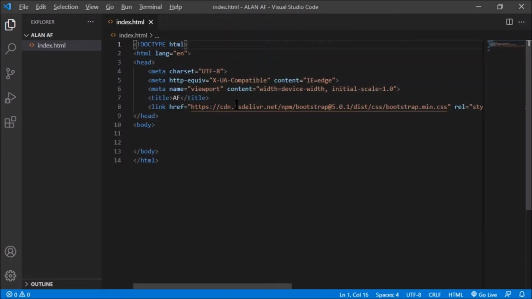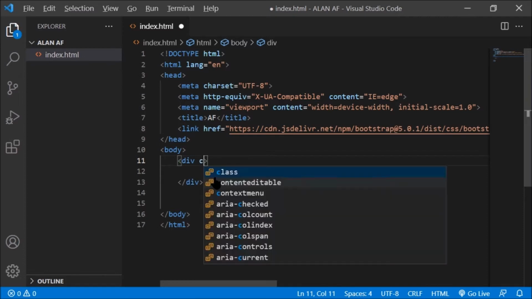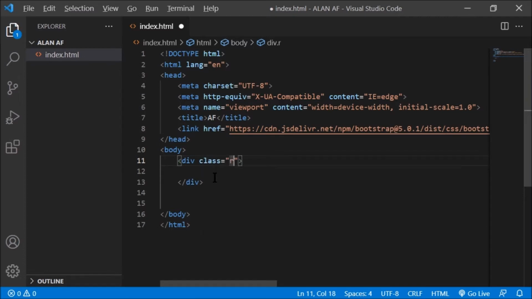Now I am going to my HTML. I can zoom in more, so this will look good. What are we going to do first? We are going to create a div, and I want this div to be a row. How do I change it into a row? We have to create a class name and call it row. After we give the name row, it uses Bootstrap and creates it as a row.